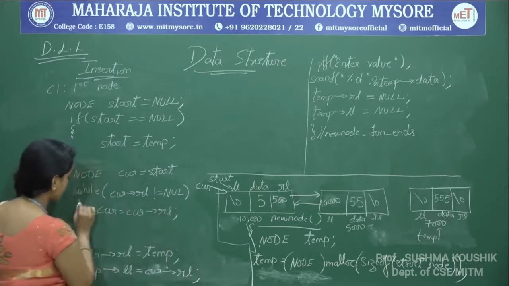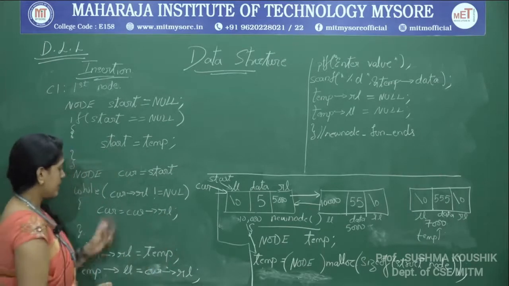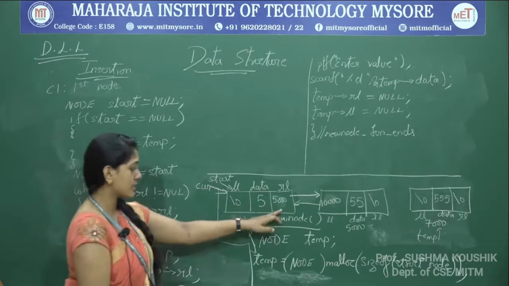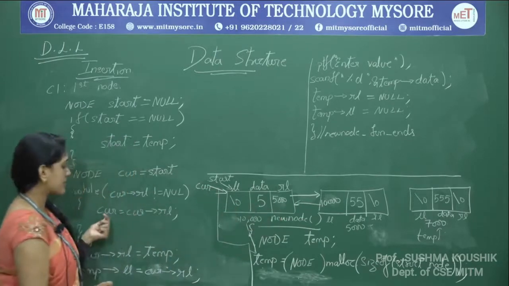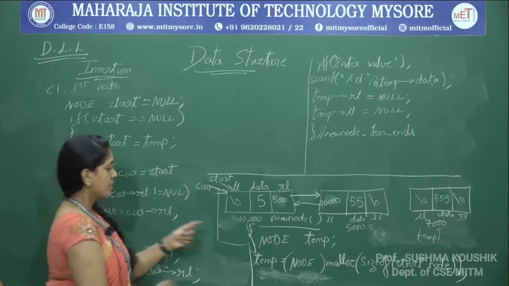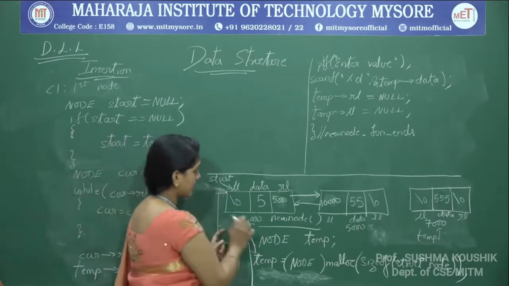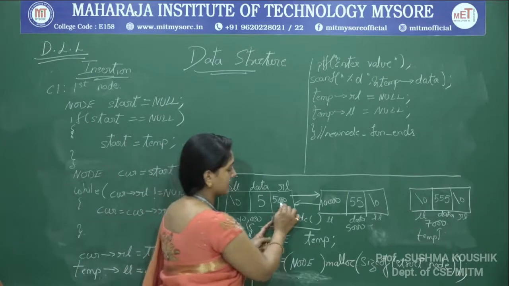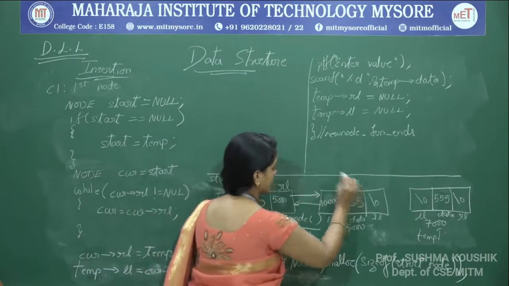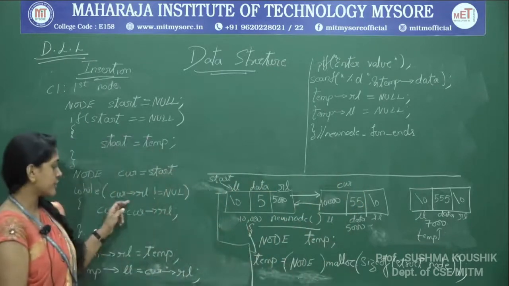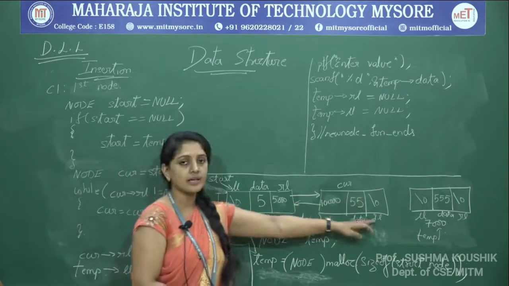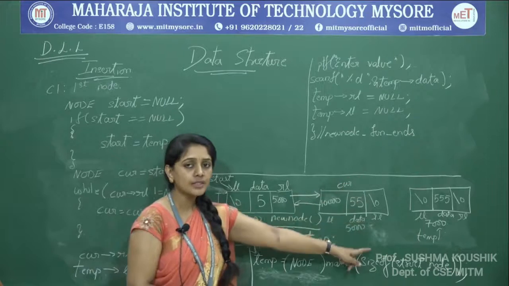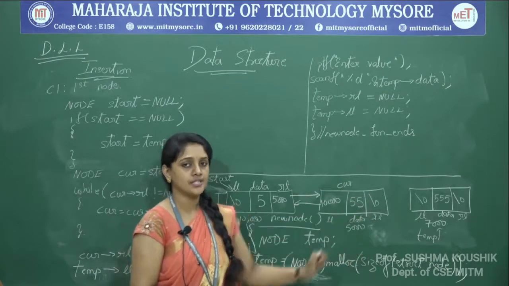So we will just check with this. While current of RL is not null: yes, current of RL is not null, so come inside and traverse, current is equal to current of RL. So current is no more here. Current equals current of RL, which is 5000, therefore current is over here. Now coming again, checking current of RL is not equal to null. No, current of RL is equal to null. So we got the position where we have to do the insertion.